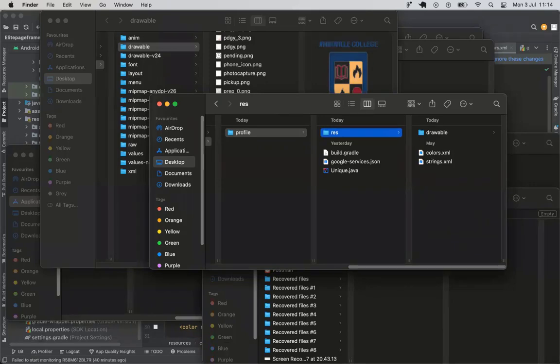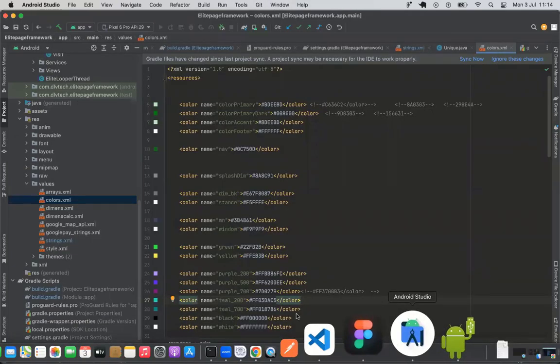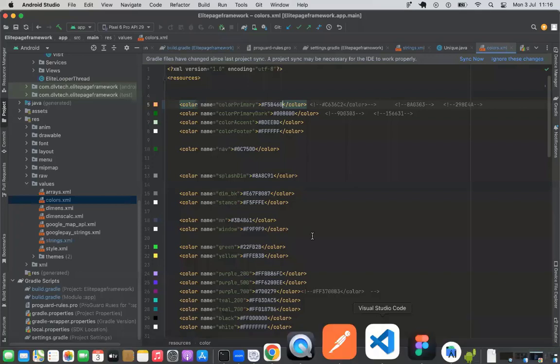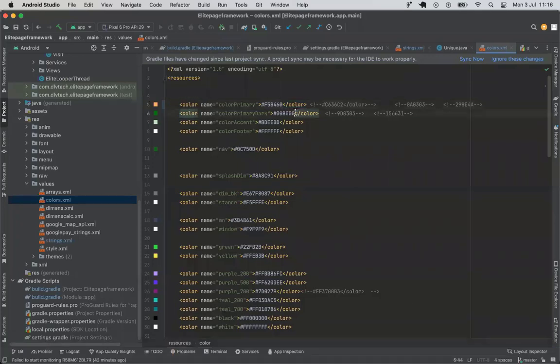So let me go back to my Android Studio. This first one I've actually copied. Most likely it is this one. So I paste it here. You change this particular entity here. Now I'm going to navigate straight away, because I'm going to be needing this guy. So I'm going to check the color,